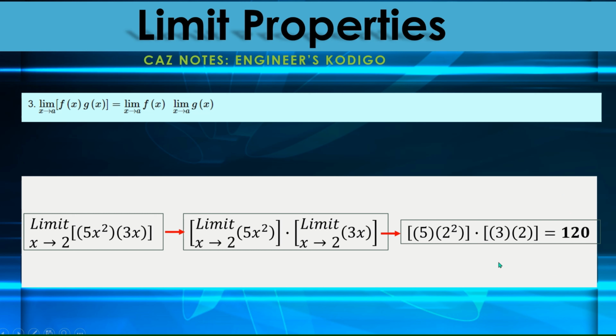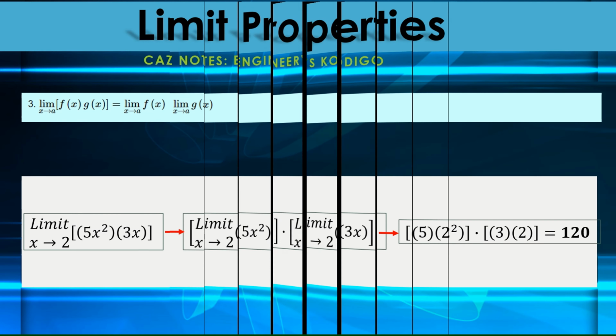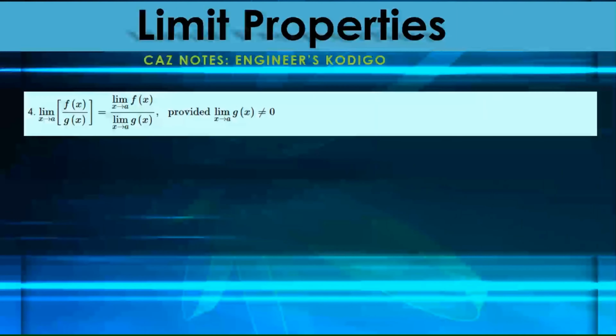Okay, so that's nice and easy. So let's have another limit property, very similar to the previous two limit properties. This is what we call the division limit property. Same as before, we are going to separate the two functions into two limits so that we can evaluate them easily. But take note, in the division limit